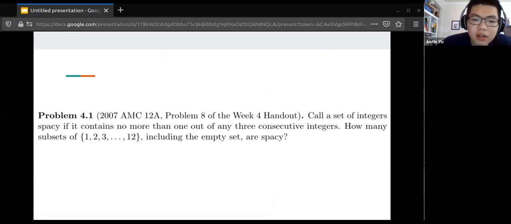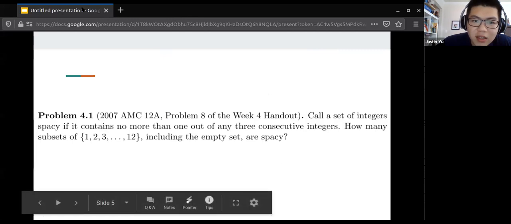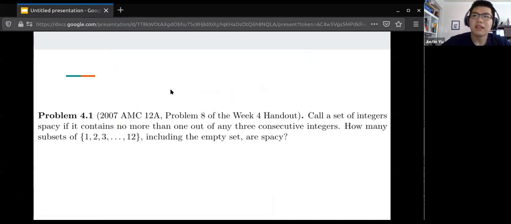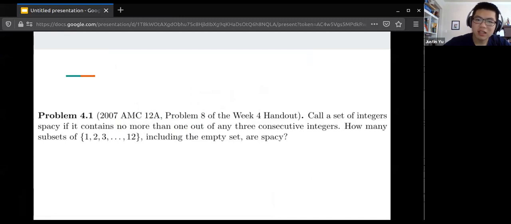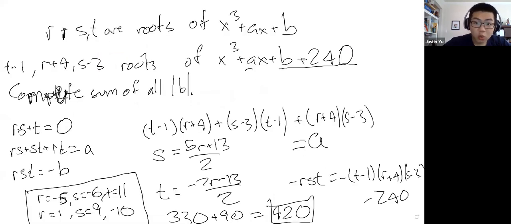Oh, did I? Whoops. Spacey is just like the definition. Like a set of integers that includes 1 and 2 is bad because 1, 2, 3 are consecutive integers. So yeah, let me just do a whiteboard. Ooh, I forgot that we didn't clear that. So what are we going to do? Let's